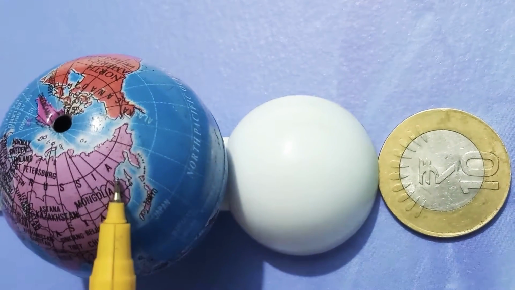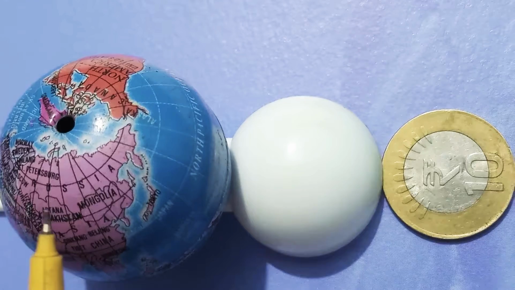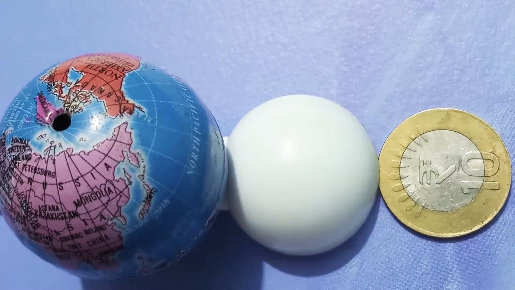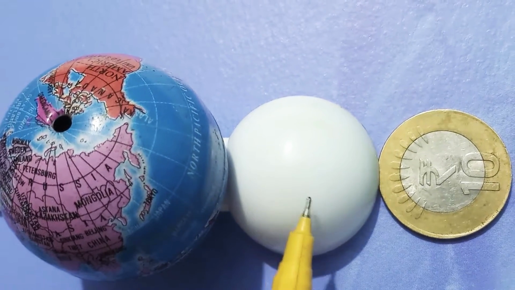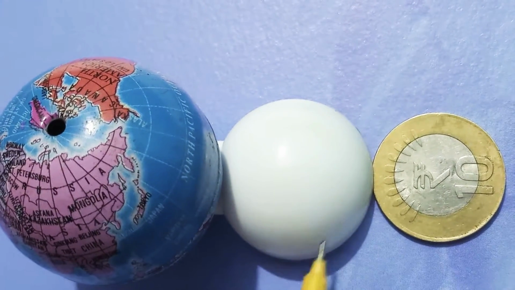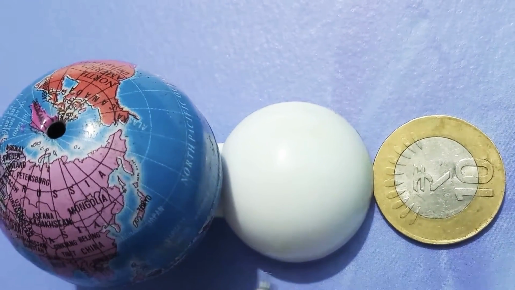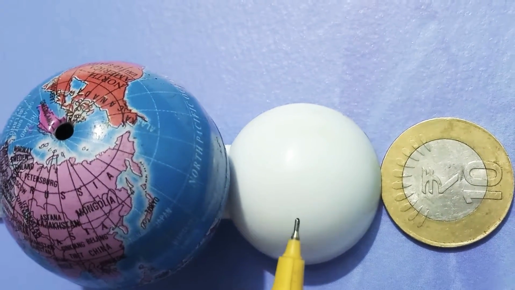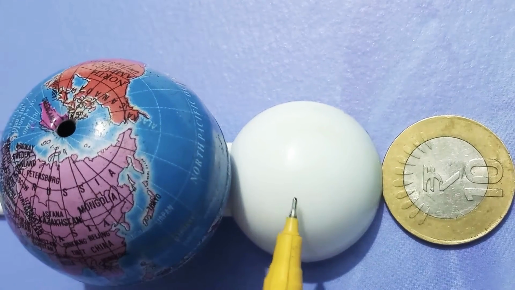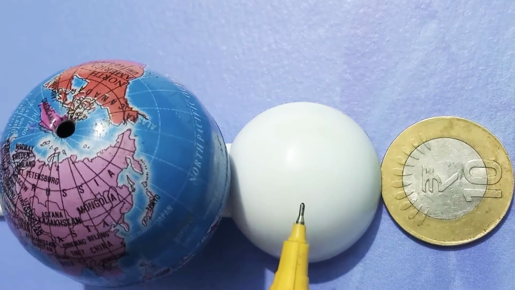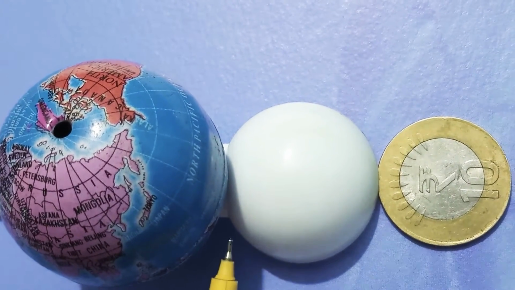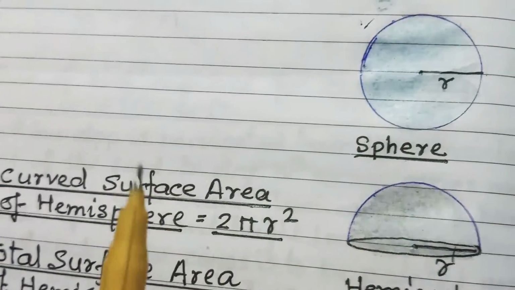In the surface area of a sphere, there is no total surface or curved surface distinction. It is only a total surface, that is the surface area. But in a hemisphere, there is one curved part and down below, the plane part, the circular part. So there are 2 parts, therefore there are 2 surface areas, curved surface area and total surface area. Now, one by one, let's see.